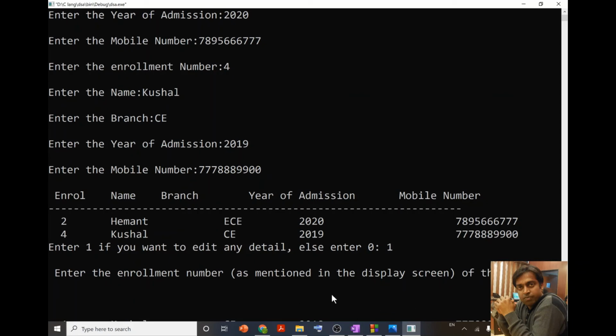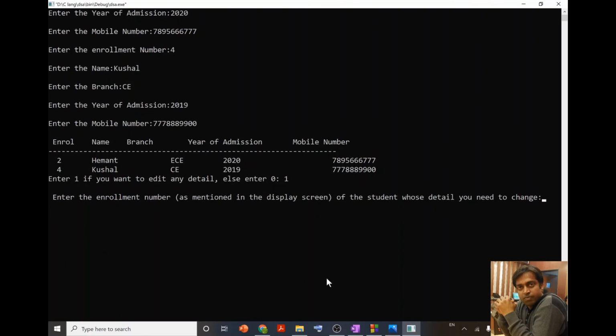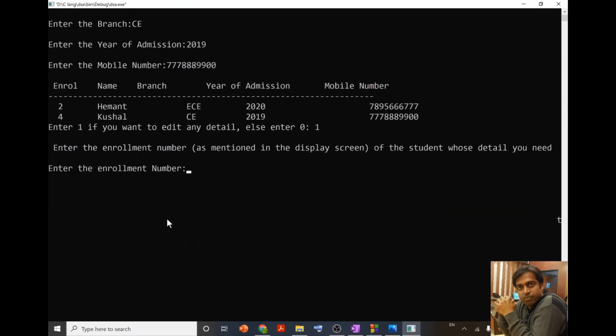So I will enter 4 over here, and now it is asking me to enter the enrollment number. So now let me put the enrollment number of the student.